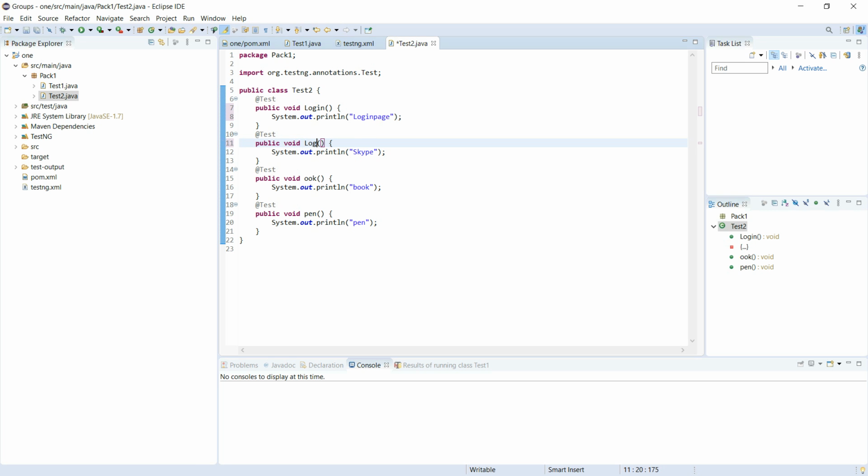I'm giving logout, and I'm giving logout. And I'm writing a click method. Click on logout.